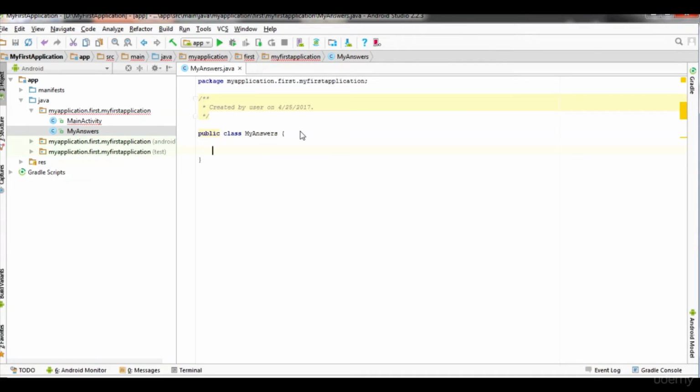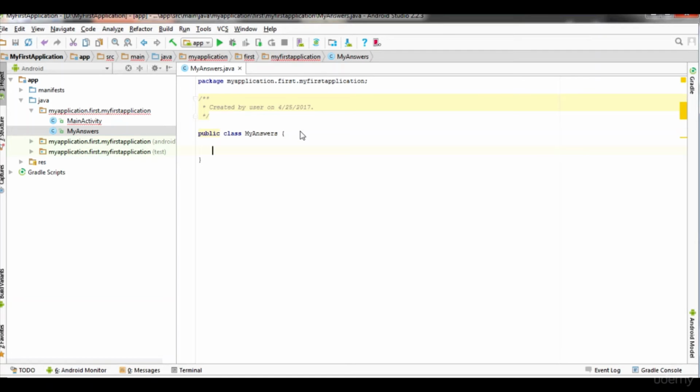We need some fruit names, because we are going to display fruit names, so we store those names somewhere in memory, and then on click of that button those fruit names should populate. So I'll create an array and store all the fruit names.